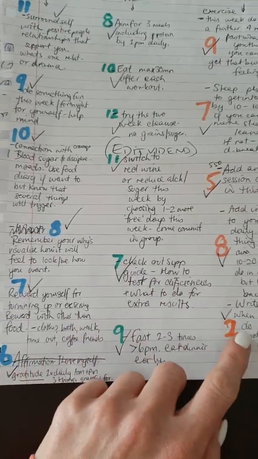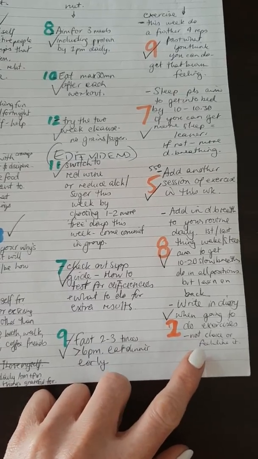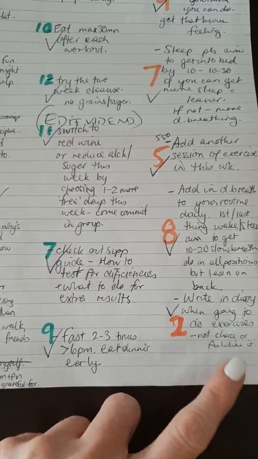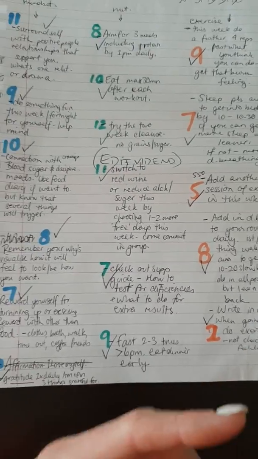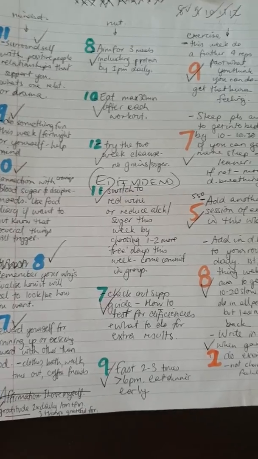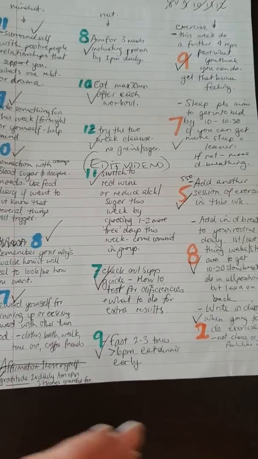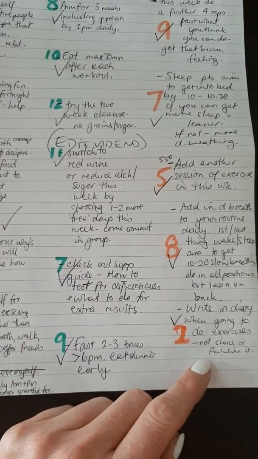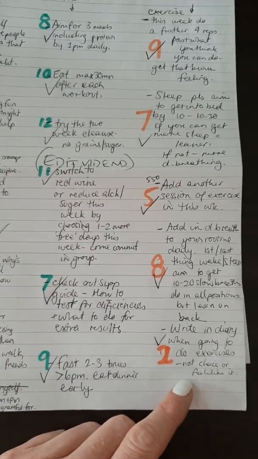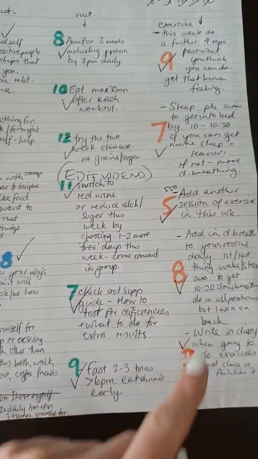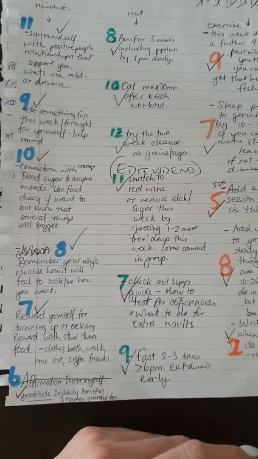Over here is week two for exercise. So I was getting the clients to write in the diary when they're actually going to do the exercises, so they have it planned. You know what it's like. Actually getting people to do things is the hard part. Giving them great suggestions is one thing, but actually getting them to implement is a whole other story. So I find if people can diarize when they're actually going to do the sessions, it makes a big difference. So that tip there for exercise went out in the email for week two.